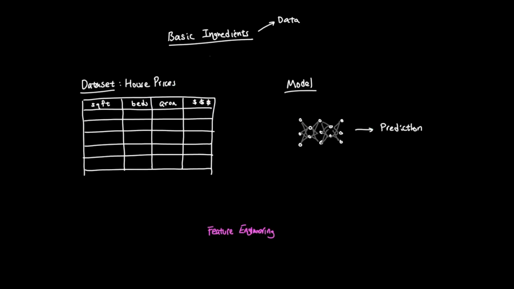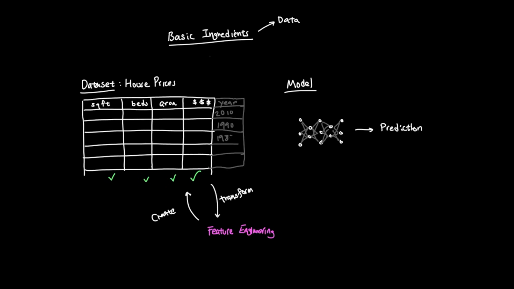Another important idea is feature engineering. Feature engineering means creating or transforming features so the model has better information to learn from. For example, the raw dataset might give us the year a house was built in, but the model may learn more easily if we turn that into the age of the house. Or maybe we combine bedrooms and bathrooms into a total rooms feature. The goal is not to cheat. The goal is to represent information in a way that makes useful patterns easier for the model to find.